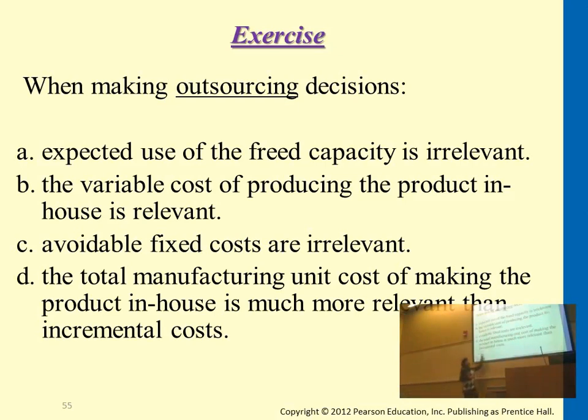Well, D, the part that seems to have an error is the unit cost part. Remember, for all of these, we're looking at incremental cost and incremental revenue, and comparing whether incremental cost is more or less than incremental revenue. But total manufacturing unit cost, in terms of making outsourcing decisions, wouldn't really matter that much. Well, the total production cost does, and we want to compare that against the incremental cost, which is the outsourcing cost, and the free capacity if we can get any profit out of it.